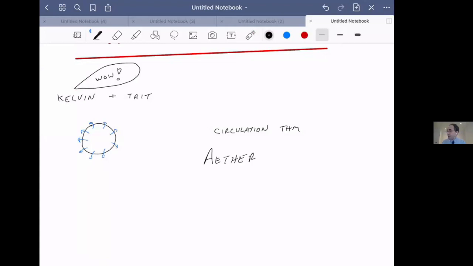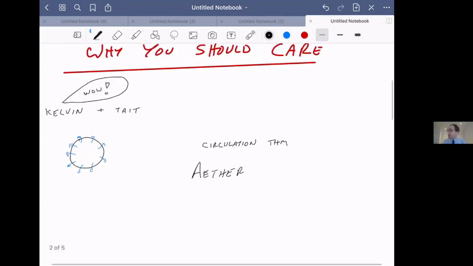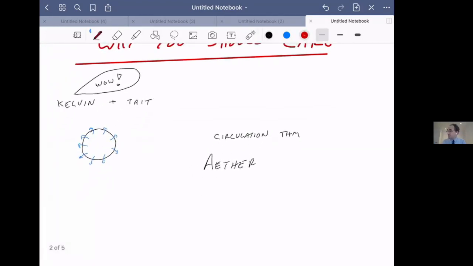So what was ether? Well, ether was supposedly a perfect dissipationless, frictionless fluid that fills all of space. And the purpose of ether was to carry electromagnetic waves through the universe. And they knew that this ether stuff had to be very dissipationless because you can see light from stars very, very far away. So let me draw a star up here. And there's the light coming from the star to your eye like this, and you can see it from very, very far away. And if there's any dissipation in this ether fluid, you wouldn't be able to see the light.